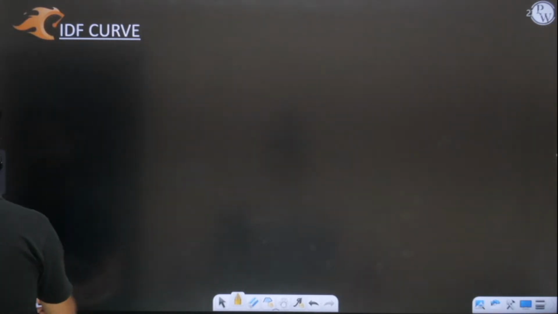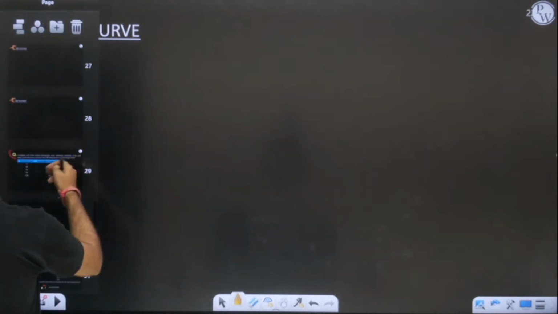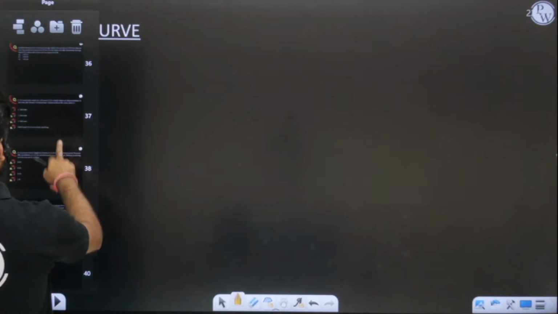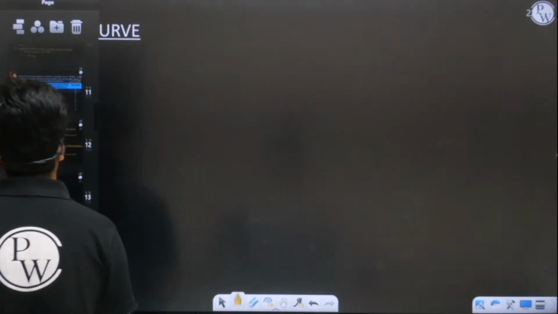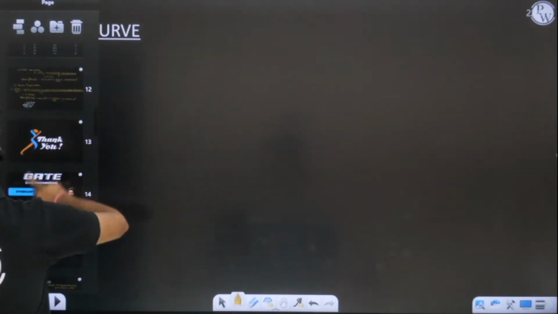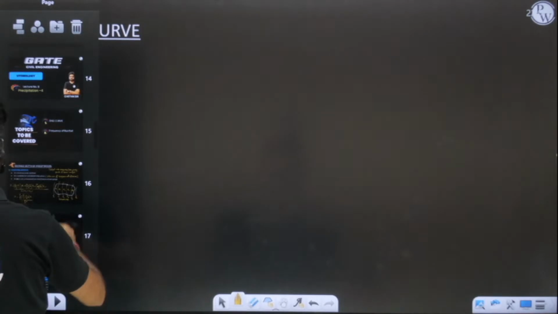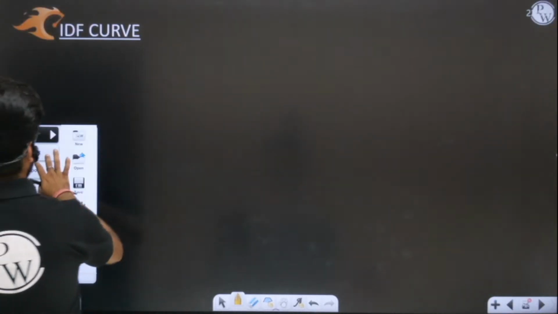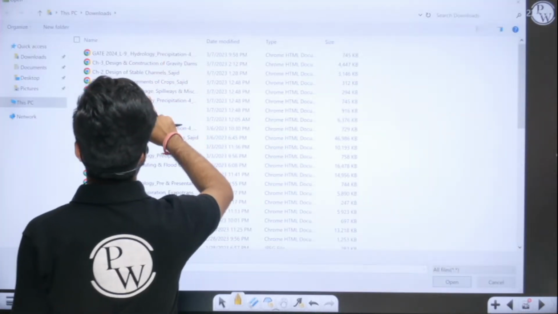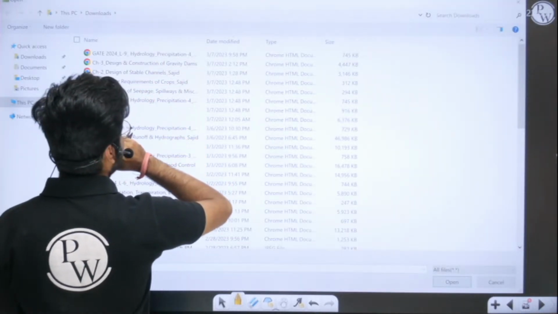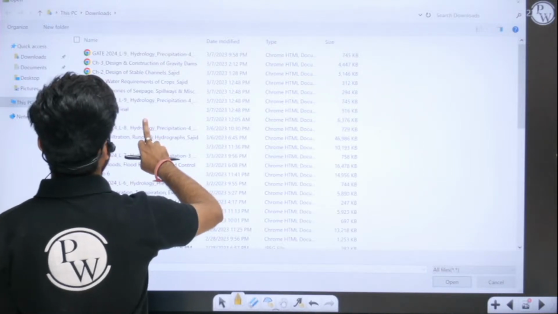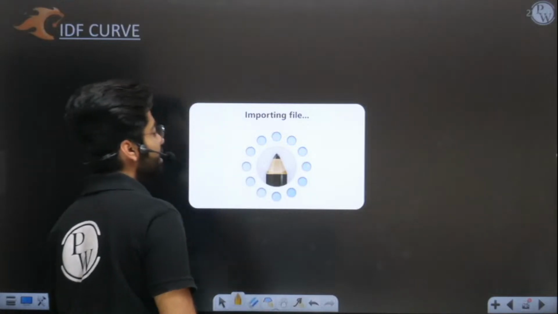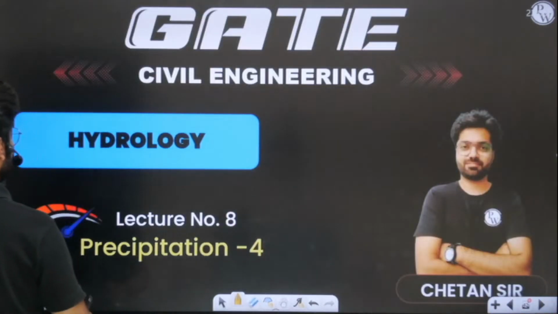But yes, before starting IDF curve, first we have to understand, wait a second, that slide is missing from here. Yes, slide is missing. So wait a second. Before moving on to, wait a second, let me import that file. Yes, this one is the one. Yes. See how many files I have to save day in and day out for you all. So